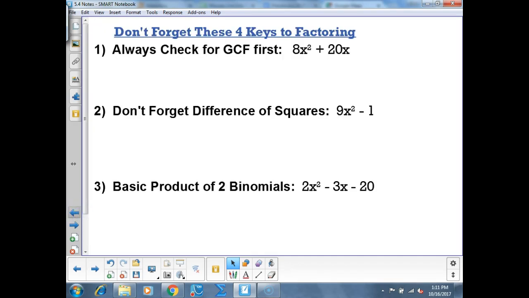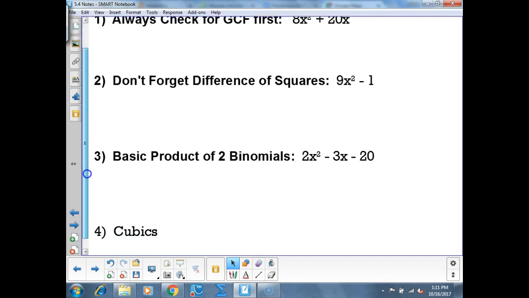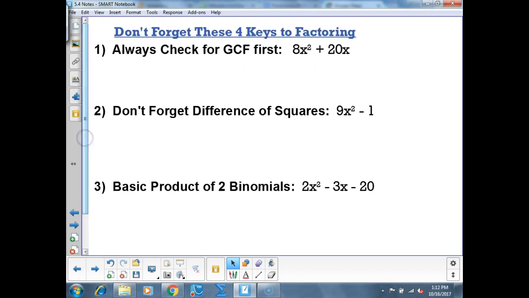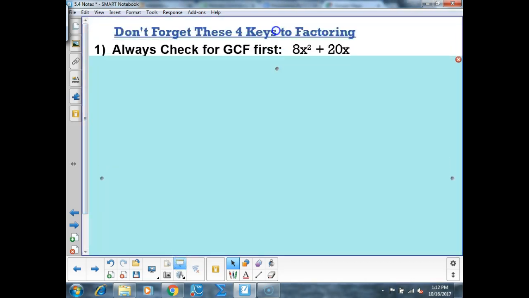4 keys to factoring. Remember, you always check for a GCF first. Then you look to see if there's a difference of perfect squares. Then you look to see if you can factor the trinomial. Then you look and see if it's maybe a cubic plus a cubic or a cubic minus a cubic. And then today we're going to start the 5th method,